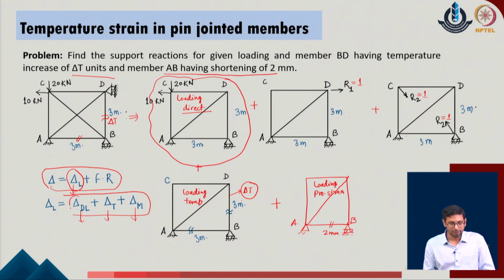The delta DL we have already seen in the previous case, where we consider the member forces in this given system as S, we consider the member forces in this given system of redundant 1 as S1, and we calculate the member forces in the given system of redundant 2 as S2, and then we calculate the value of delta 1L with respect to the given direction of the redundant 1 and the direction of the redundant 2 as delta 2L for the given problem.